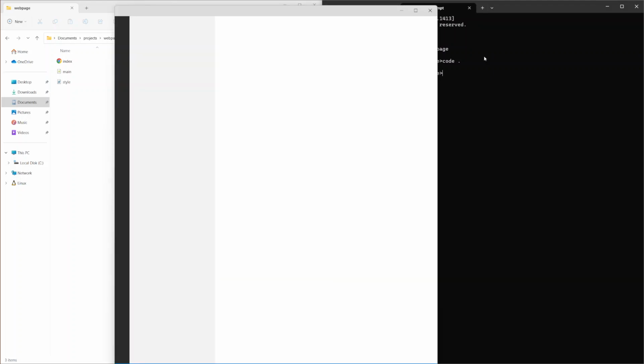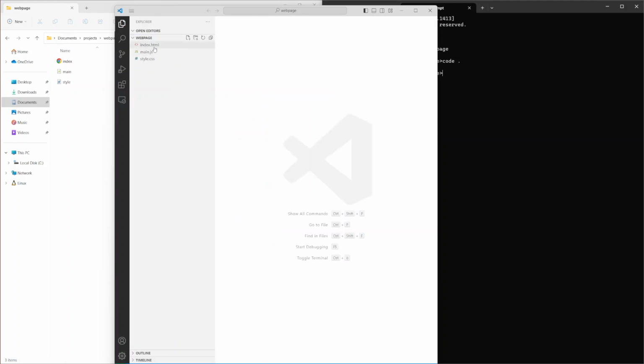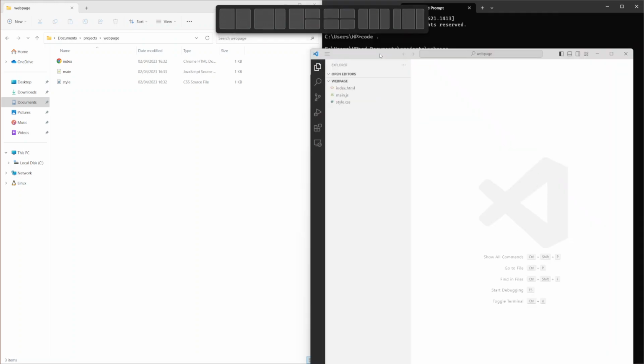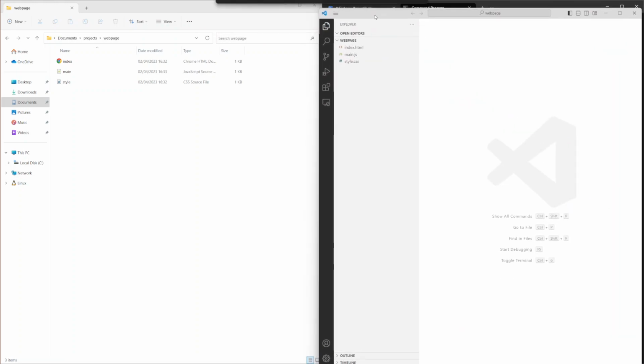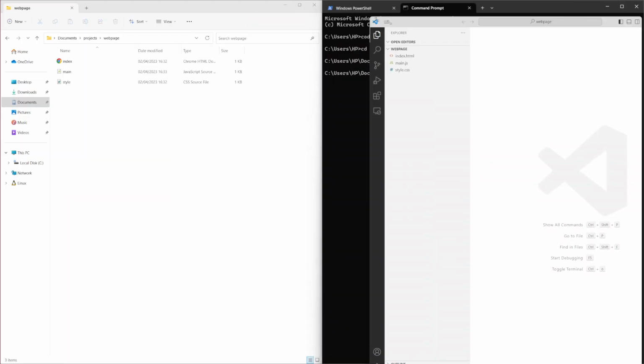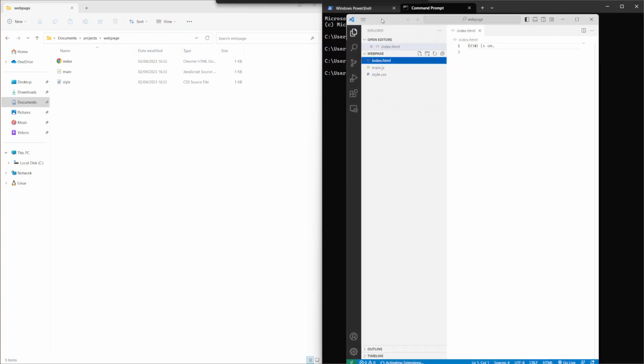So if you type code dot, it opens the folder, exactly the folder you are working in. So in this case, we are working in the web page folder, which is the same folder as you can see. So if we open our index page,